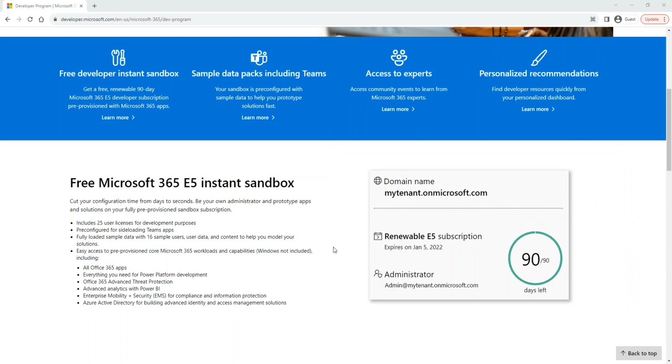As I said, Office 365 is going to give us a renewable E5 license. Each license costs about $60 per month per user. So if a company has 1,000 users, how much is this company paying for Microsoft? It's going to be about 60,000 per month for Microsoft. It is really cheap when you see where this came from.